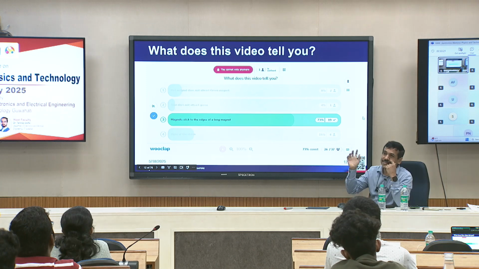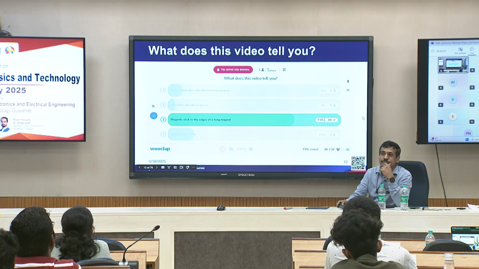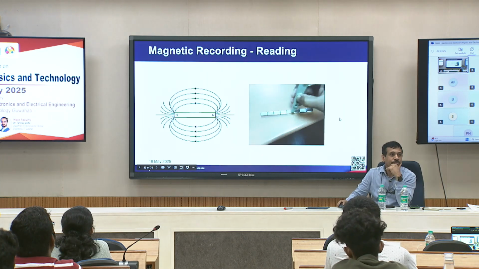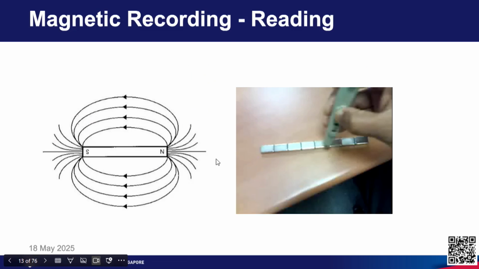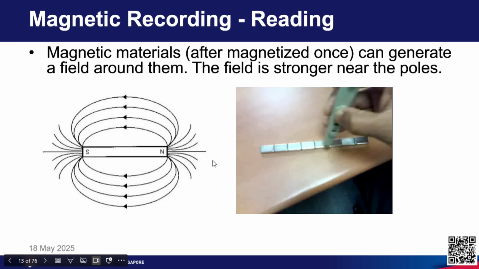It does not go and stick in the center, right? So what does that mean? That means the magnetic field is stronger near the pole. When you have magnetic materials, let us say you magnetize them once, they have a pole. They have north pole and south pole after magnetizing, then they generate a magnetic field, and this field is